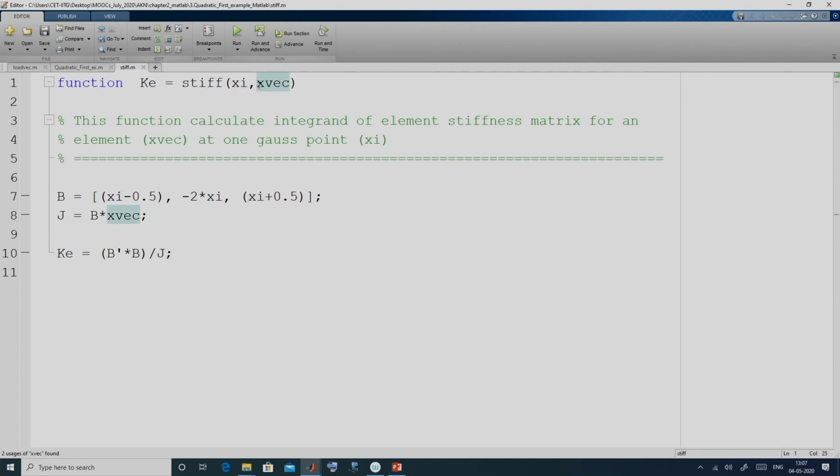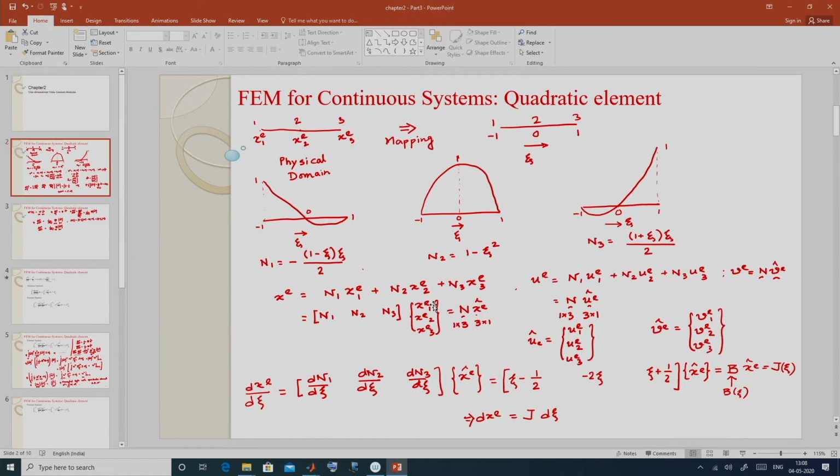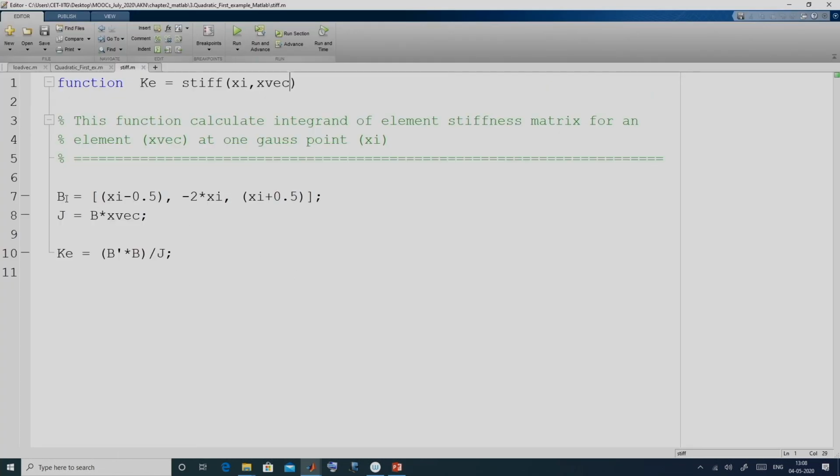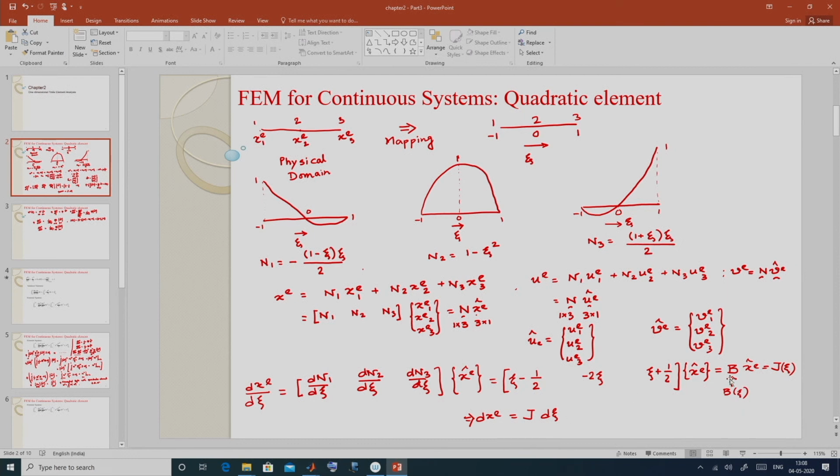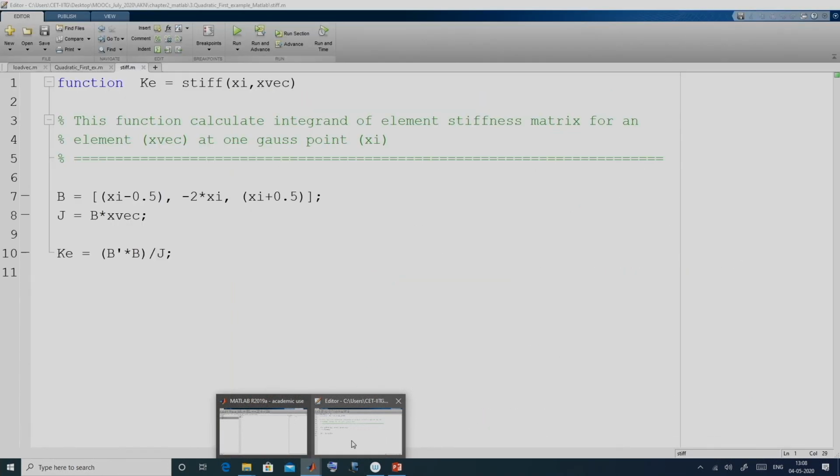Another input is x vec, which is the nodal coordinates of the 3 nodes. So, this is our B matrix, xi minus half, minus 2 xi, plus half. This is multiplied with the coordinate vector, and x vec is a column vector.